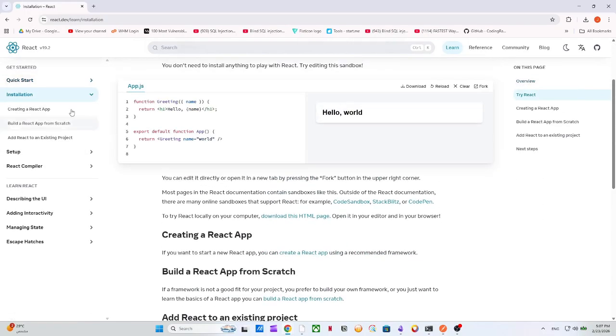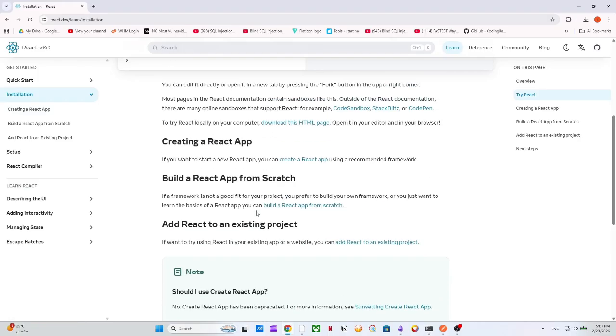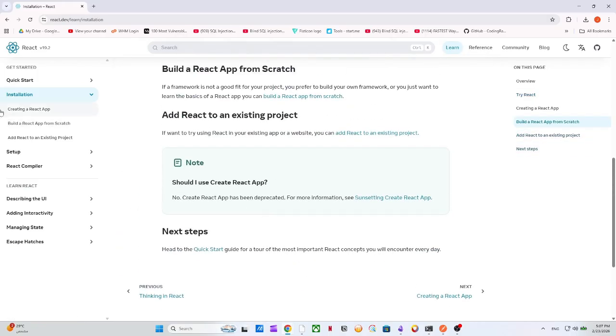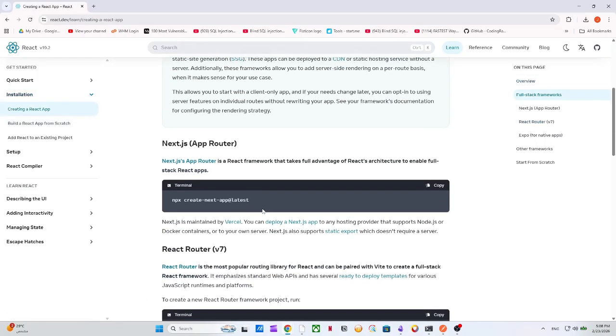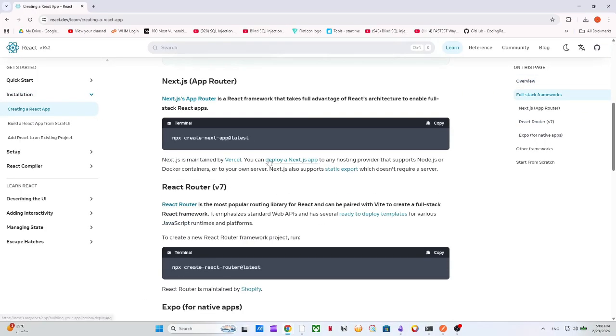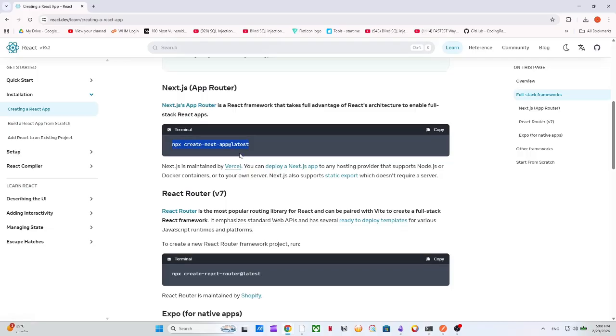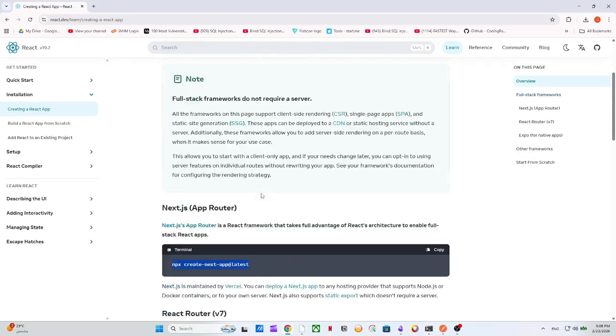So we will see installation. Okay, this was one way of installing React actually. Create, npx create next dash app latest. No, this is actually for Next.js, but to install